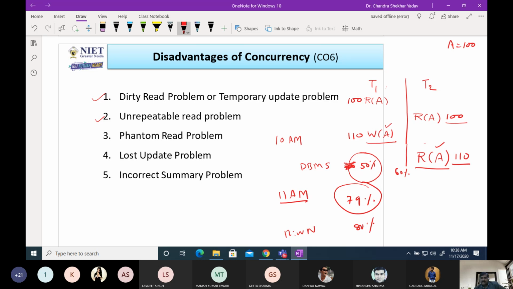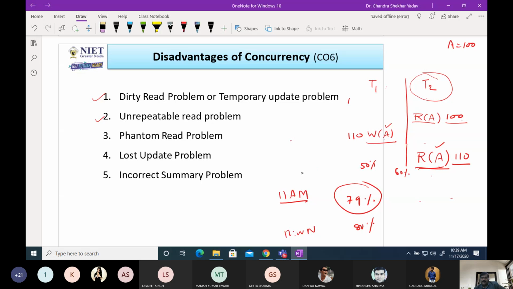इज इट क्लियर? यस सर। तो अगर सेम डेटा आइटम को कोई राइट कर रहा है और दूसरा रीड कर रहा है तो अनरिपीटेबल रीड प्रॉब्लम आ सकता है, कि फर्स्ट टाइम हम रीड करें तो अलग वैल्यू आए, सेकेंड टाइम अलग आए, थर्ड टाइम अलग वैल्यू आए। तो अगर T2 ट्रांजेक्शन A पे कुछ काम करना चाह रहा होगा, तो कंफ्यूज हो जाएगा। इसे अवॉइड करना चाहिए। हम देखेंगे कि राइट एंड रीड सेम डेटा आइटम में प्रॉब्लम अकर हो जाएगी।